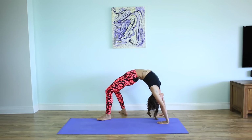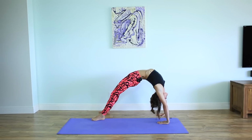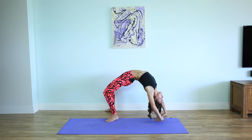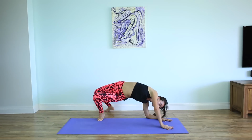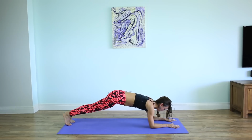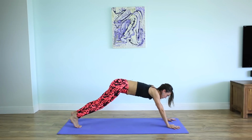You can try to walk your legs forward, send the chest to the back of the room. And then from here, slowly drop down to your left elbow and transition back to your elbow plank. And let's do the other side. Press the palms into the mat. Roll to your right side,